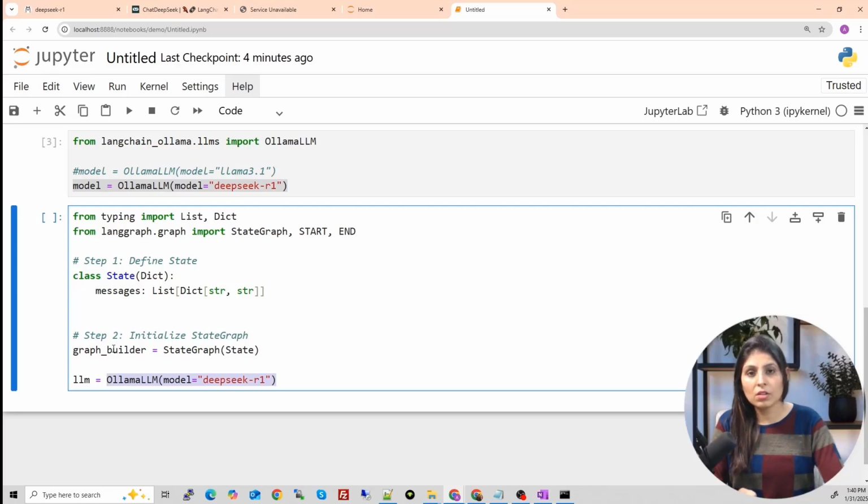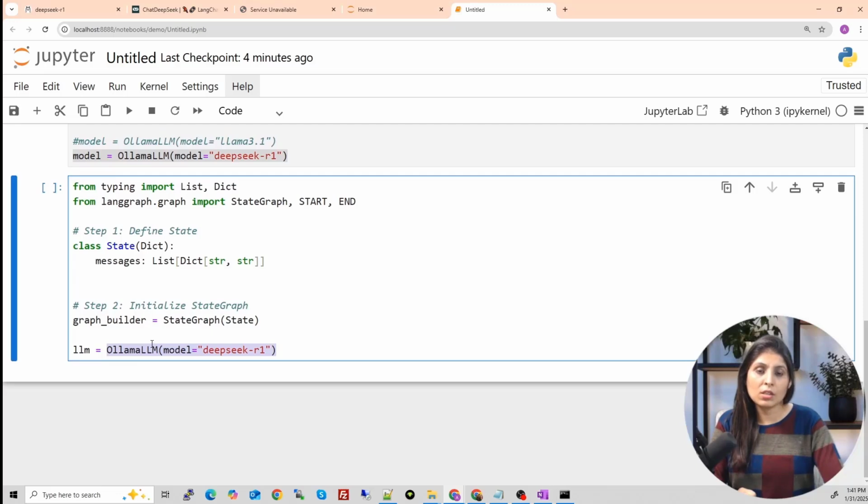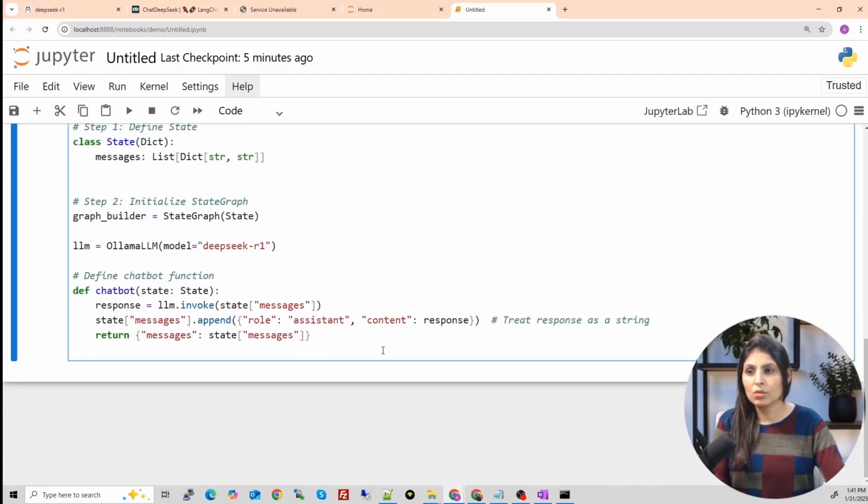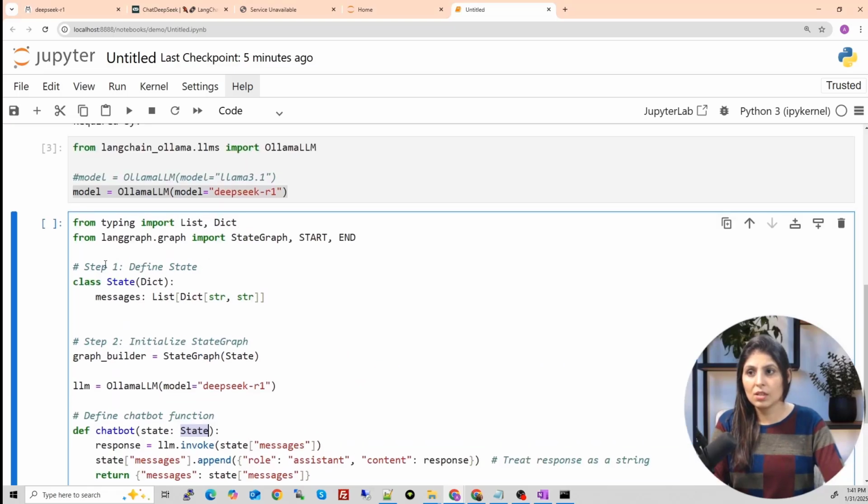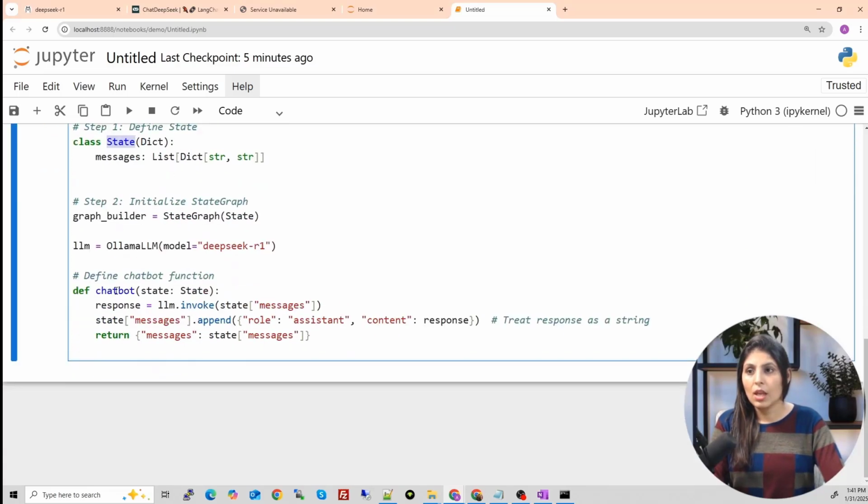Now let's create a function which will perform the chatbot task. The chatbot task is: it will take the user input, run the LLM on it, and give you a response. So we will write all that in one function, and this is the function. See here, this is a simple function. The function name is chatbot, and this state means all the previous messages. In this function, we are calling the LLM on the message which the user asked, and we are storing the response in the response variable.